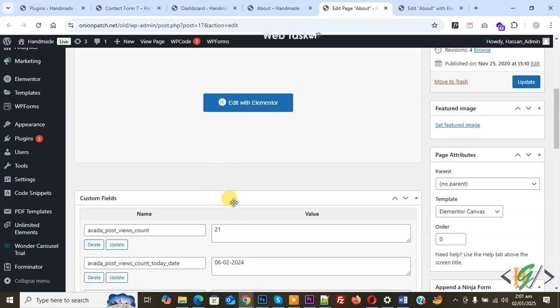Bismillahirrahmanirrahim. Assalamu alaikum. My name is Hassan and today we are going to add Google Tag Manager in Elementor Canvas